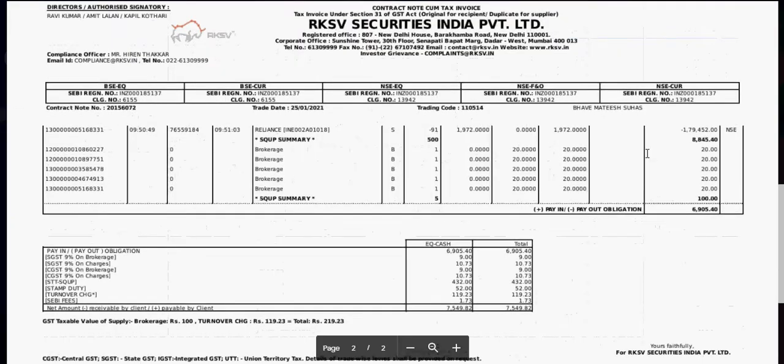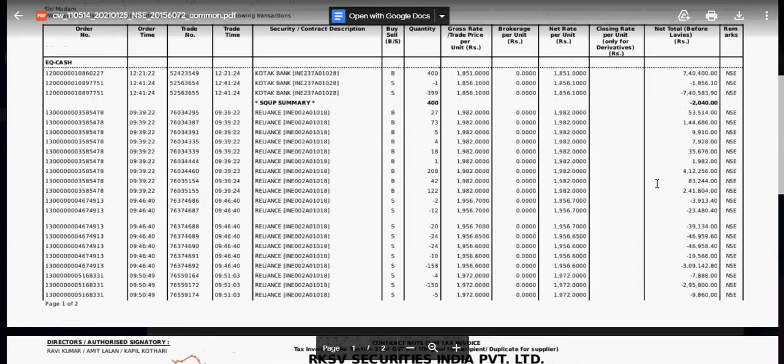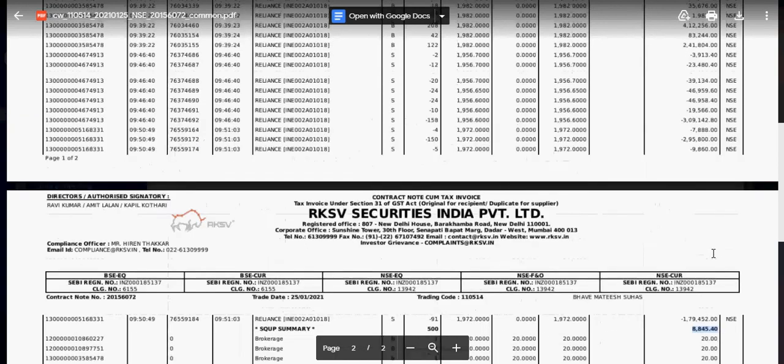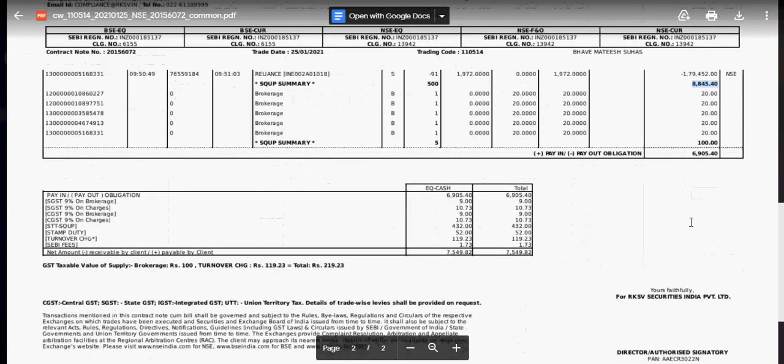Then after this you can see that I've taken 5 trades in the day. This is the 100 rupees that I have to pay as brokerage. As mentioned in the previous video, the negative amount is whatever profit I have earned, and it is negative because the broker has to pay this to me, and this is the positive amount, so I have to pay this to the broker. So I incurred a loss of about 6,800 rupees on that day, plus I had to pay this 100 rupees, and all these are taxes.